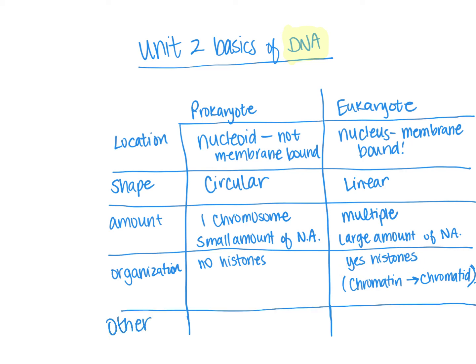A couple of other topics that are worth mentioning is the idea that in prokaryotes, they are able to have external DNA incorporated into their own, or pieces of their own DNA that are broken off and floating around in the cytoplasm, and these are called plasmids. Eukaryotes do not have plasmids. They don't have external DNA that they use beyond what's within the nucleus or the mitochondria or chloroplast, but